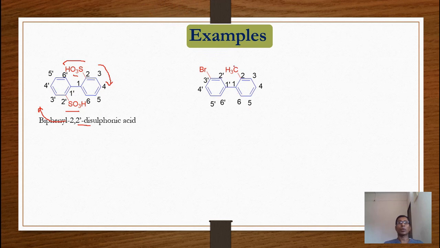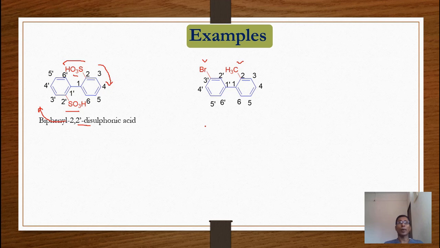In this example, you observe two substituents are present. One is CH3 and another one is bromo. You can give the numbering, and during numbering you have to see that the substituents receive the lowest possible numbers. Now one substituent is bromo and another one is methyl. Then in the IUPAC name, these substituents are arranged according to alphabetical order. Thus, bromo will come first and methyl comes later.